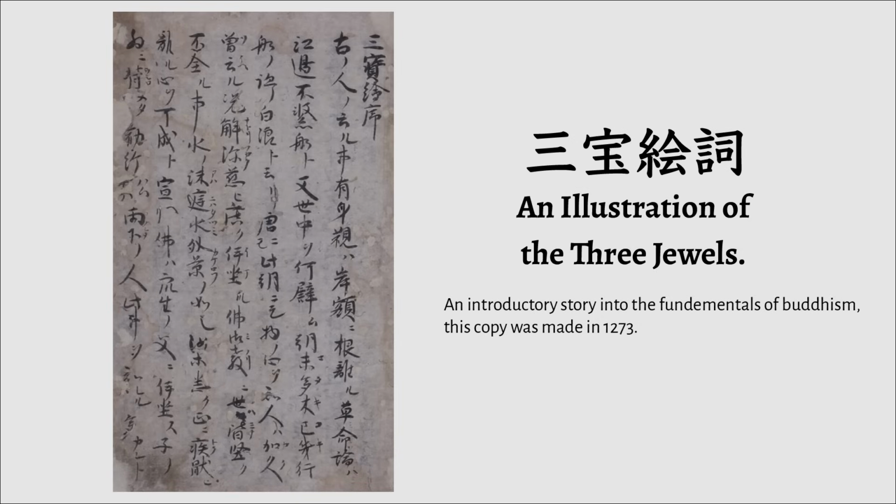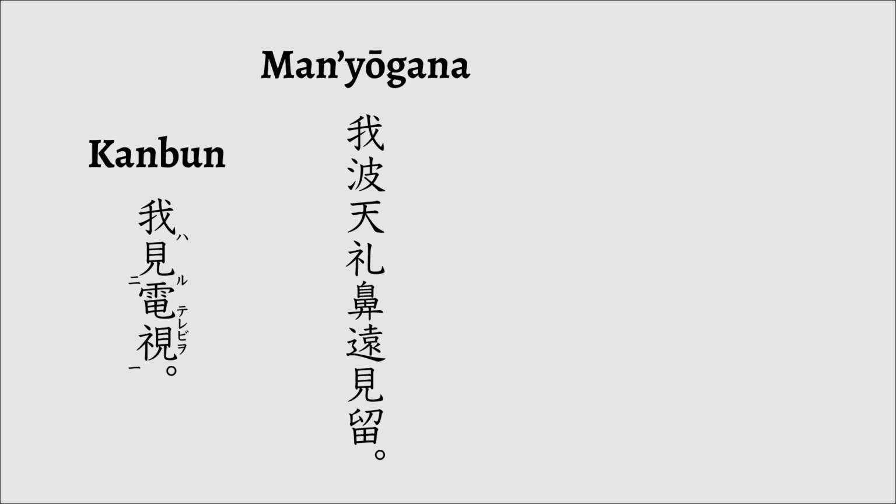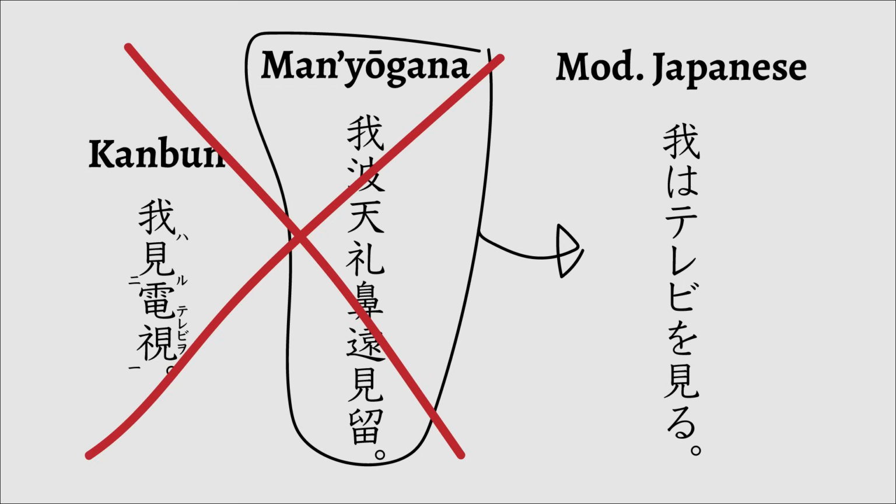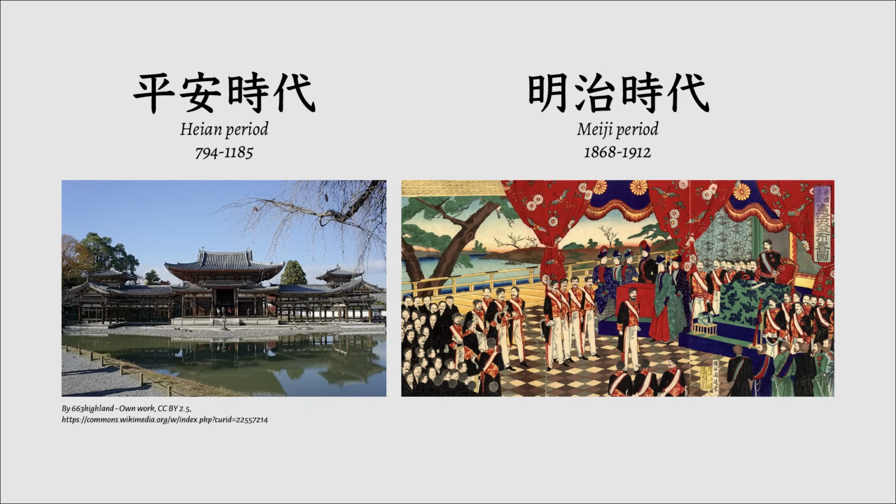What's most important, though, is that it's representing Japanese in a similar way to hiragana writing, just with a wee bit more kanji. Now at this point you might be thinking, okay, so Manyogana was created, and that quickly became the basis for modern Japanese orthography, and katakana, which was used in bureaucracy and religion, was relegated to technical and eventually loanwords, and kanbun and Manyogana were quickly abandoned, right? Nope! Because from the end of the Heian period, all the way to the Meiji Restoration, all four systems were